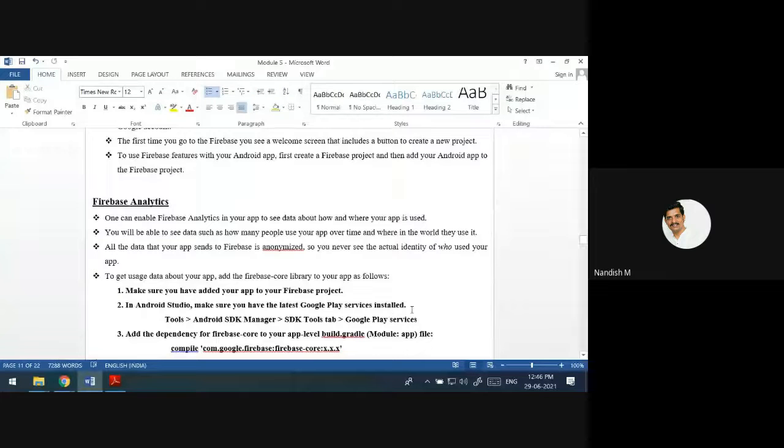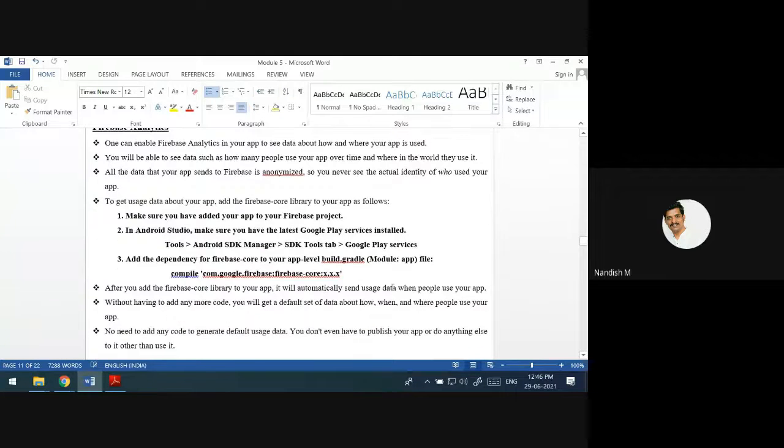If you want this type of analytics, what do you have to add in your code? Your app should be linked to the Firebase project. After that, in your Android Studio, make sure you install Google Play services.